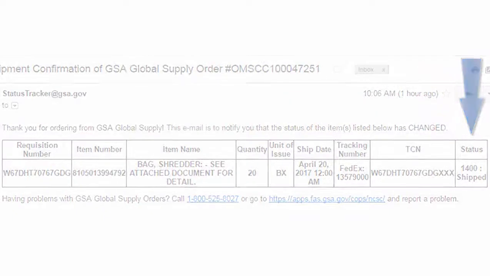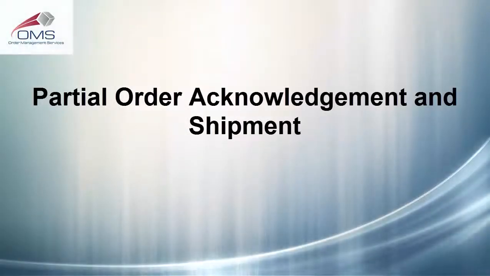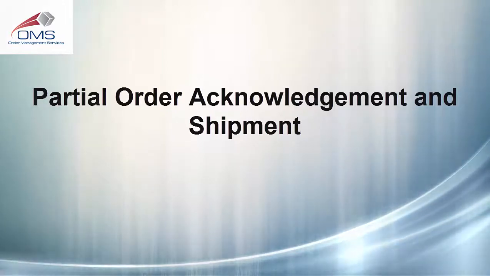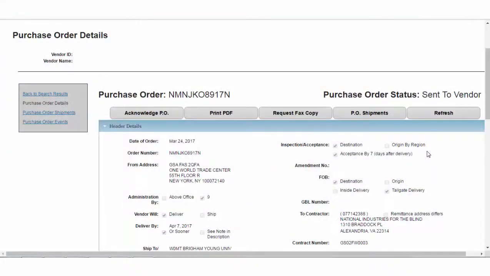the status. How does a vendor partially acknowledge an order and post a shipment for a partial quantity? A vendor might partially acknowledge an order if they could not immediately meet the current quantity requested by the customer. The remaining orders are not yet canceled, backordered, or substituted, but they remain open and pending for action by the